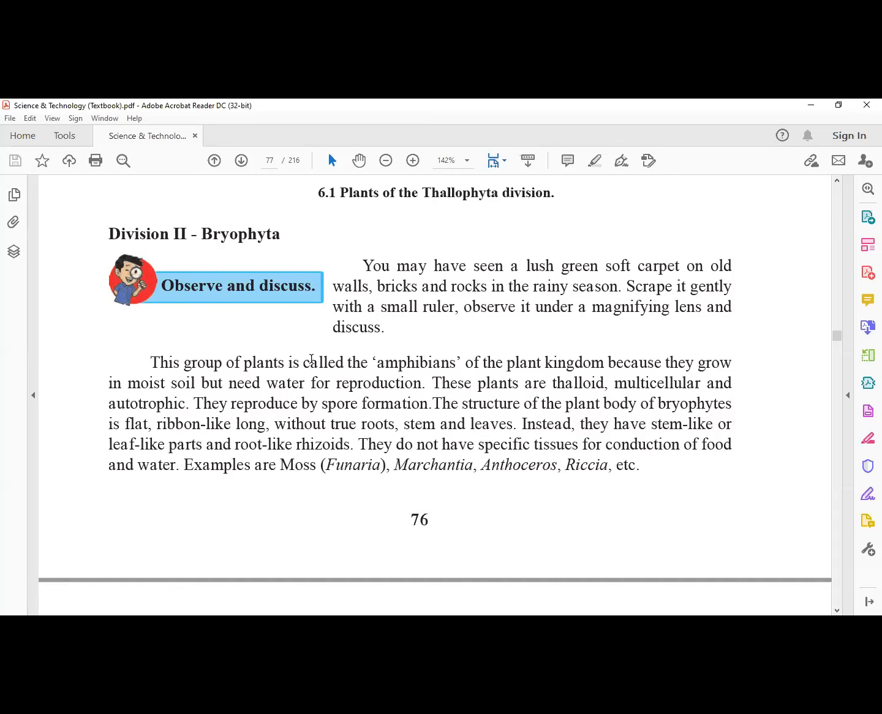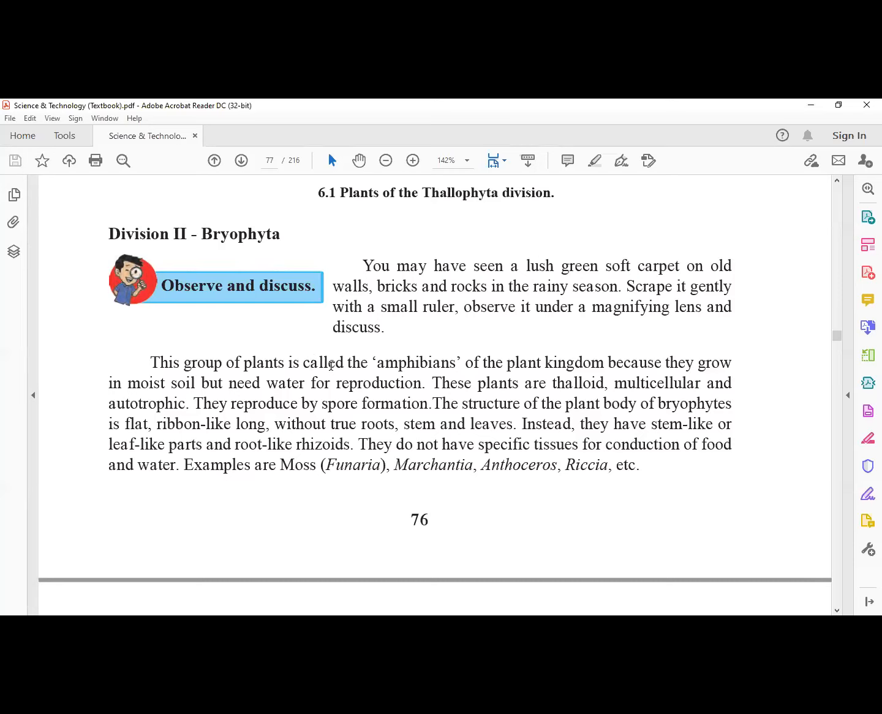Like roots, they do the same function of carrying or supplying nutrients to the other parts. But they do not have any specific tissues for the conduction of food and water. For example, moss, that is Funaria, then Marchantia, then Anthoceros, then Riccia. These are some examples of bryophytes. Okay, so let's write